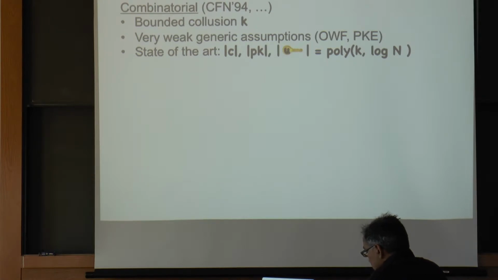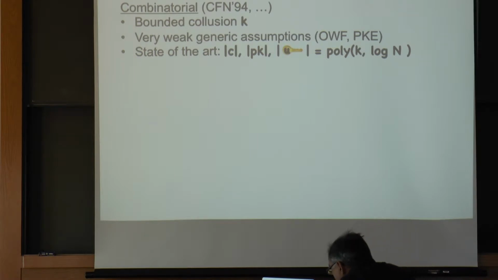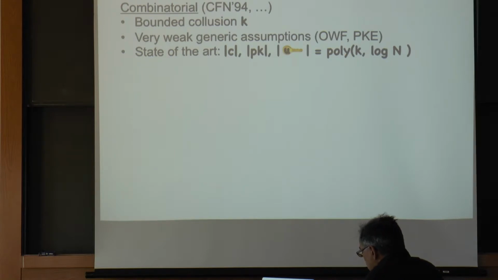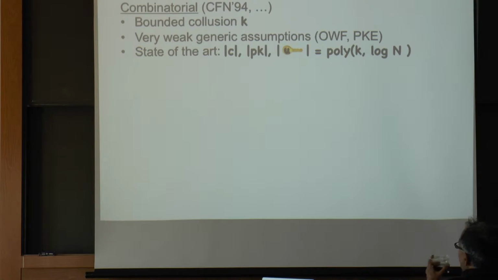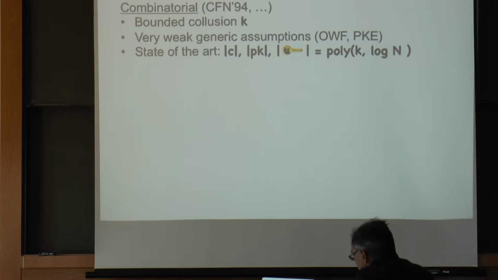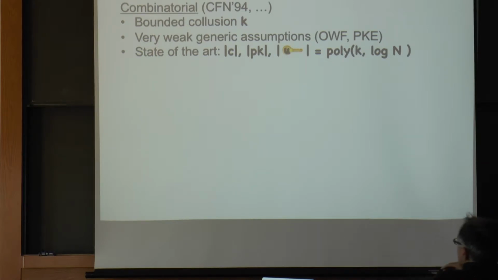All these combinatorial schemes are in the bounded collusion setting. They assume some prior bound, say 5, on the possible number of traitors, and they get a tracing system that works as long as the number of traitors is less than 5. Unfortunately, once you go to 6, they're completely broken, and you can actually get honest users to be falsely accused. But the state of the art is pretty good. Basically, all the parameter sizes only depend logarithmically on the number of users, but they grow polynomially in the size of the collusion.